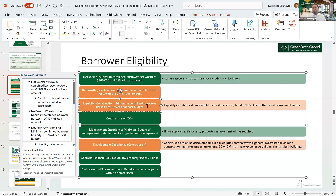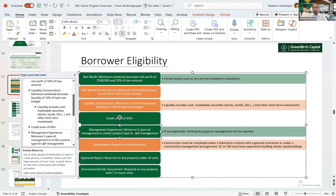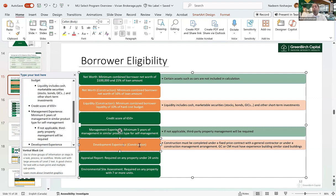If it's an existing building, there's less risk. They're less fussed about how much cash you have. Credit scores, I would say 650 or more is a requirement. It doesn't make a big difference if you're 800 or 700. You just can't have a bad one, and you can't have a recent bankruptcy. If you don't have 5 years of property management experience, you won't be allowed to manage your own building. CMHC will require you to hire a third-party property manager. If you're building, you either have to have some experience yourself, or your builder has to have the experience